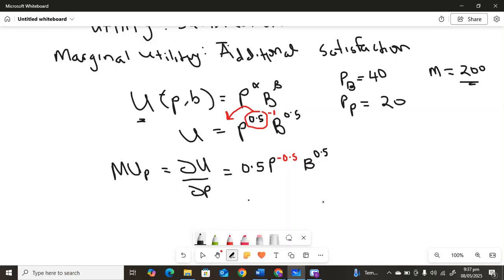No, they're not in the question. I want you to see this with numbers. Because if we do it the way it was for the question when you derive, it's going to be like this: alpha p to the power alpha minus 1, b to the power beta. Okay. Now, if I do it like this at the end of the class,